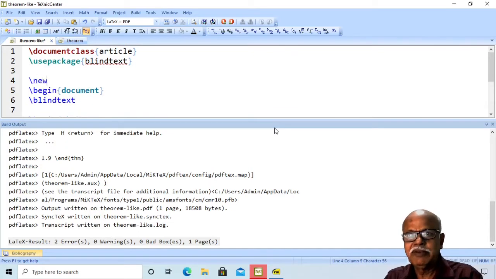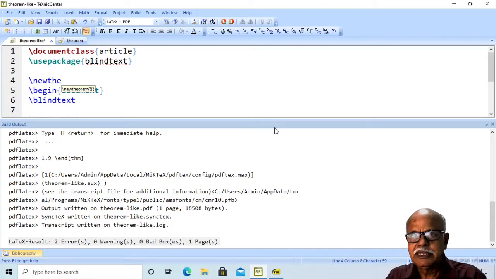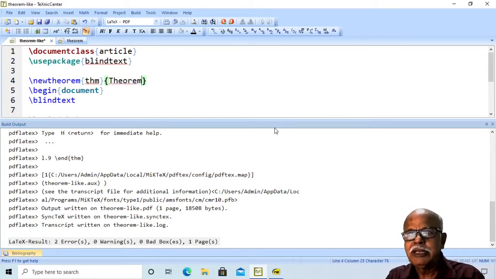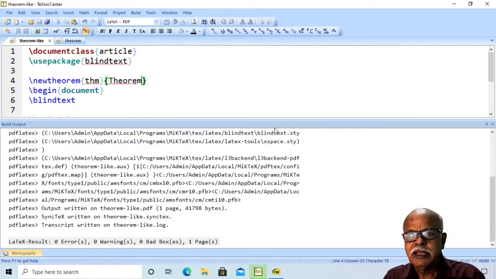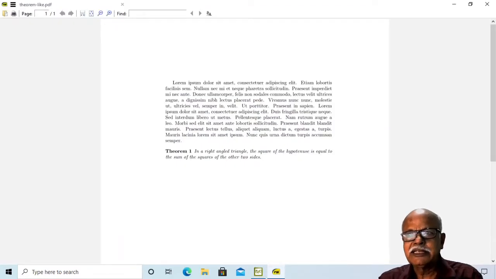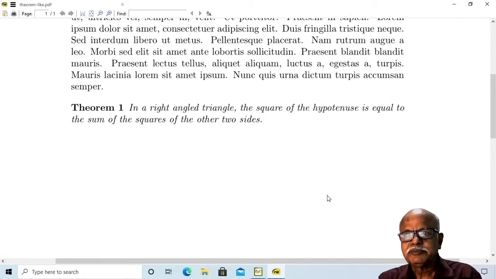Therefore, we will say \newtheorem. I will type thm, but in the output I would like to have Theorem. I compile, I get this as the output. Notice that the word Theorem is appearing in bold and number 1 is supplied by LaTeX automatically.